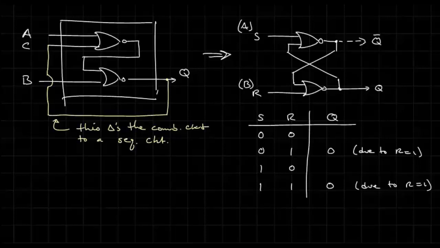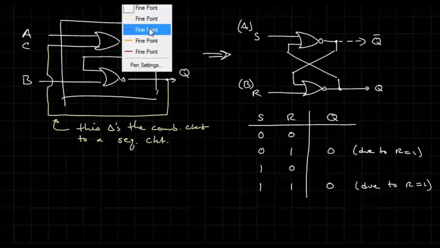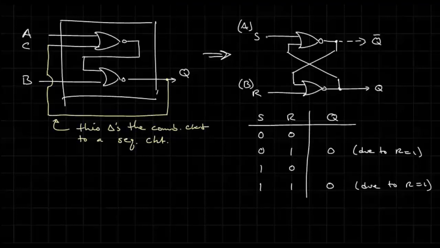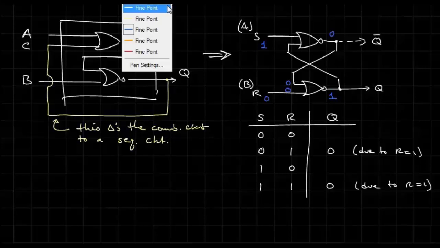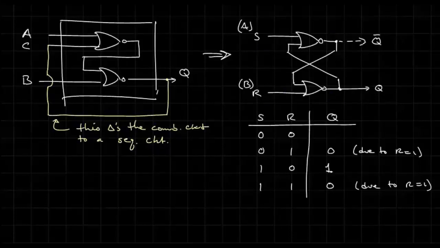And because R is also at 0 at this point, we have the condition that, let me write this out, if S is 1 and R is 0, then we're going to have 0 here, and that means we have 0 at both inputs of the NOR gate, and therefore we have a 1 at the output. So we can write Q is then going to be equal to 1. Okay? Now the last one that we don't know is when both S and R